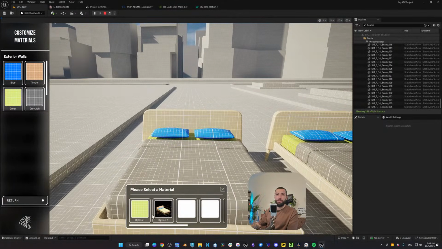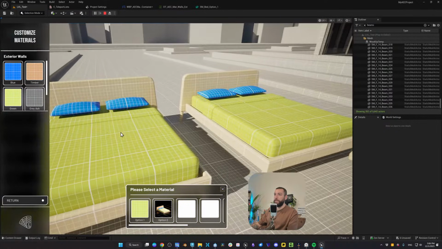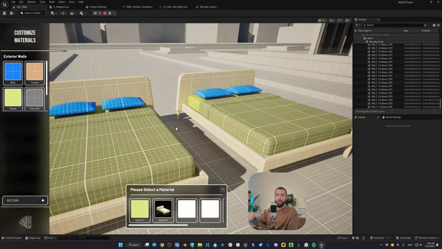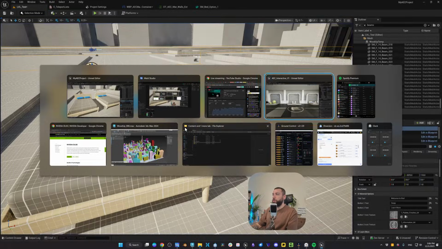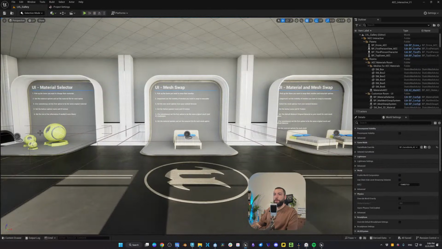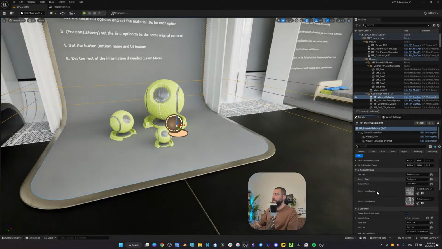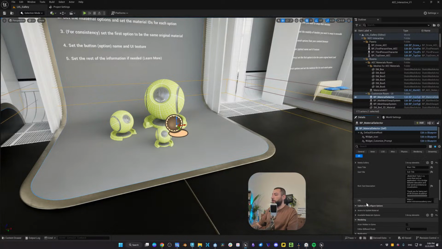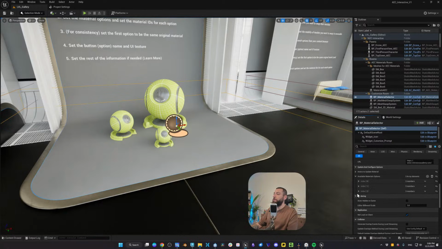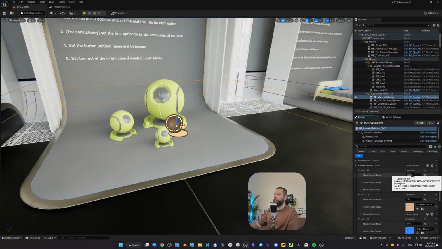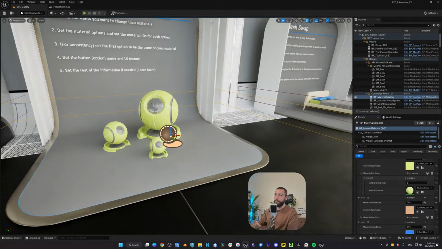As you can see here, we see the images we set on the button. And if I click here, we get the green changing on both. If I click here, this is the olive color, and so on. So if I show you here, then this is one example you will see in the gallery. You will see that we have here 3 elements, 3 material options, the user interface texture, the name of the option, as well as the material instance.